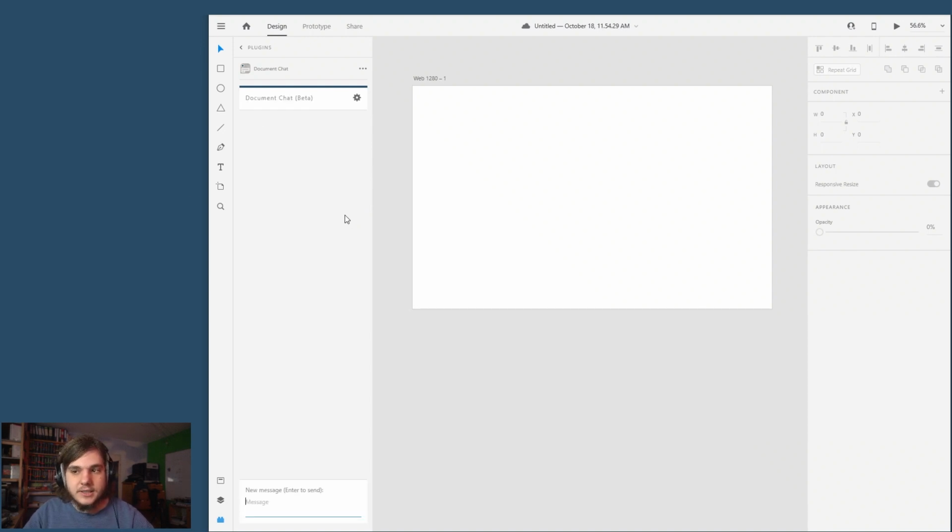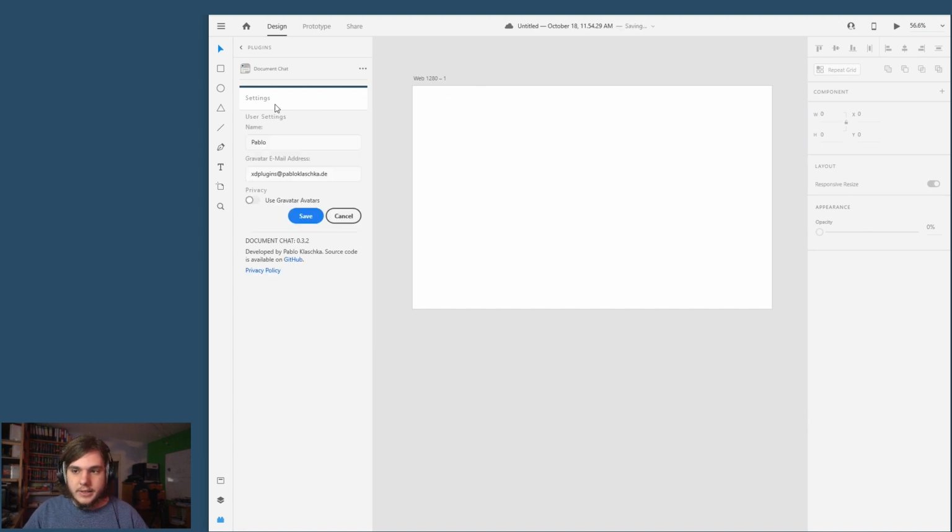When we now click continue, we can see that a chat window has opened, and already at the bottom we can just type some chat messages. For example, I'll just type hello world, press enter to send, and now you can see that my message has appeared. What you can also see here is that a placeholder profile picture has appeared with my initial in it.